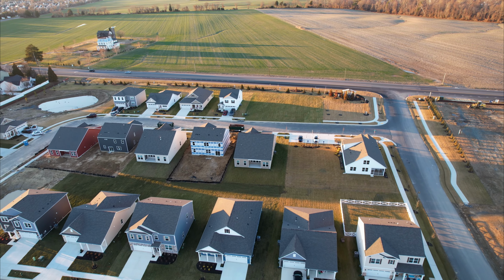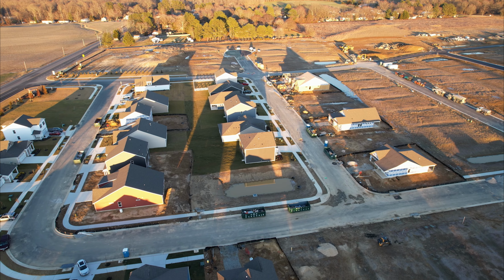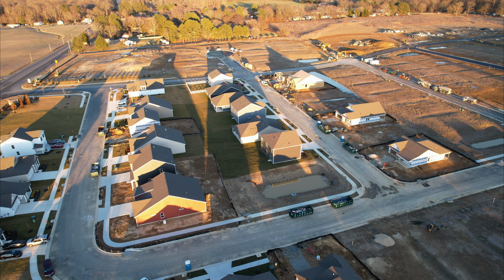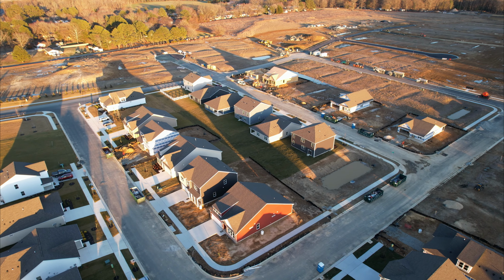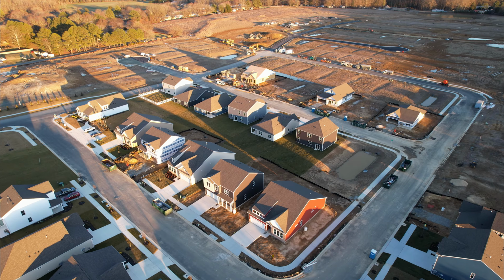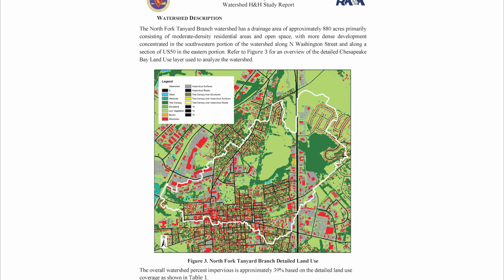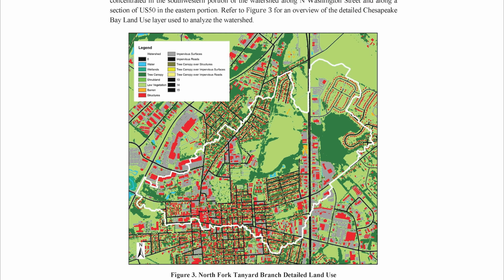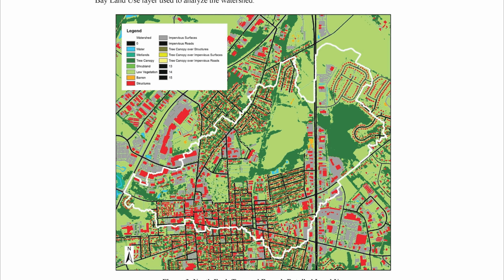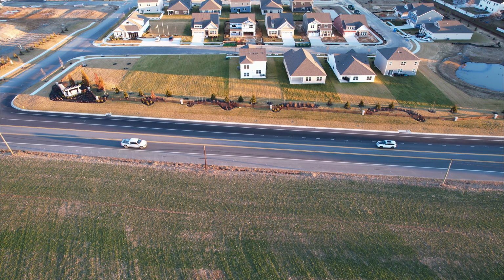Consider that when the existing storm drain system was designed and installed in the early to mid-1900s, the town's population was under 10,000. Today, Easton's population is over 17,000. In the Tanyard Branch watershed, the current impervious surface cover is approximately 39%. It is not hard to imagine that the impervious surface cover was significantly less with a population of 10,000 compared